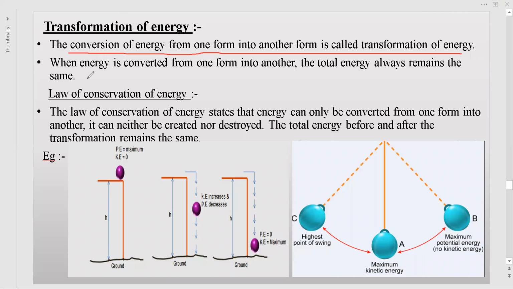Whenever this conversion of energy occurs, that is, when energy is converted from one form to another form, the total energy always remains the same. Okay, I will explain what this means. I'm giving a simple example of conversion of energy. For example, in this figure,